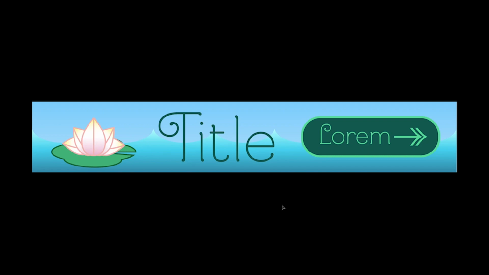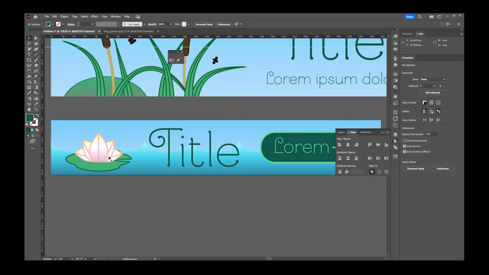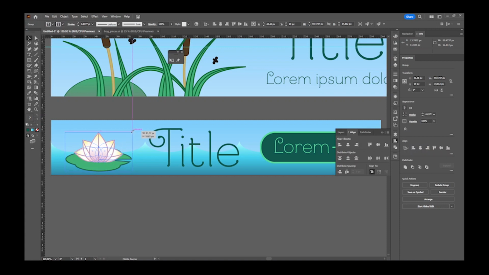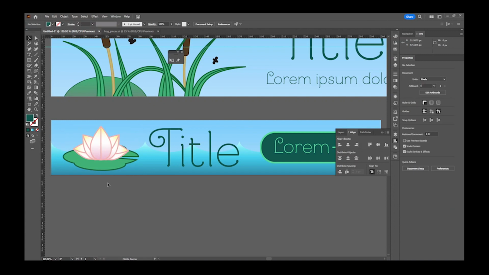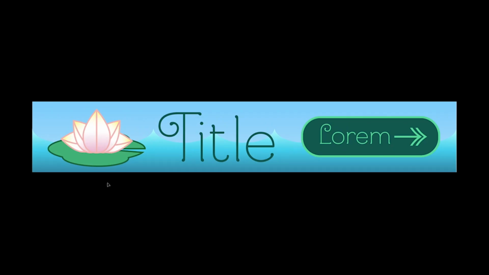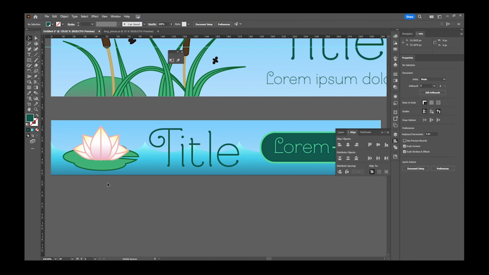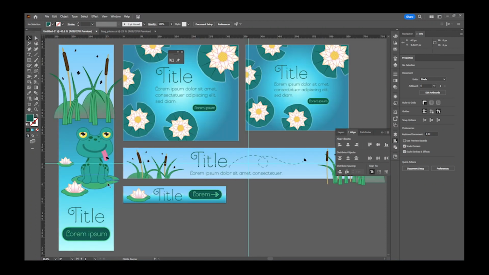So I think that looks good for, say, a mobile banner. I am going to make this flower bigger, though. There we go. Alright, I think that'll look good. So now if I hit Control or Command Alt 0, it'll let me see all of my artboards. And there you go. And if I wanted to show this to a client, I can either show them the